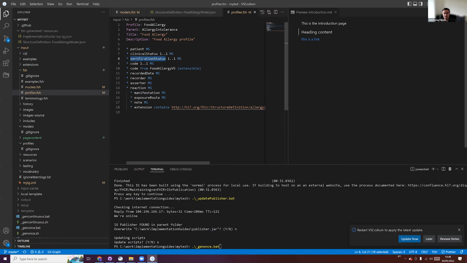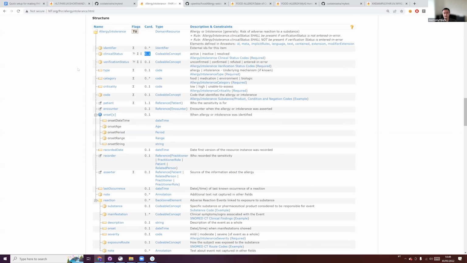Some elements we can say, I'm sending you the information that I know you need, and I'm sending you more stuff, that's fine. But if we want to say the ones that we really have to have supported by both ends of the system, we can make this special flag there. So I just go through the elements in the FHIR resource, and this is really what it comes down to. When you do profiling, there's more that we could discuss, but profiling is looking at the FHIR resource, selecting it and saying,